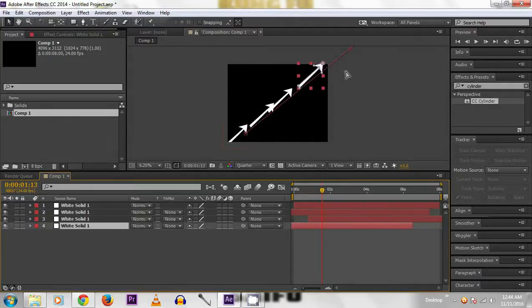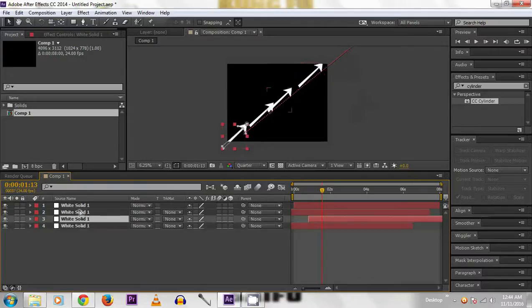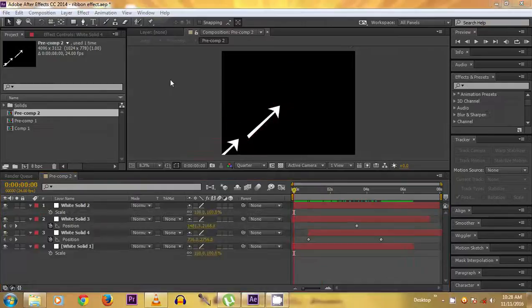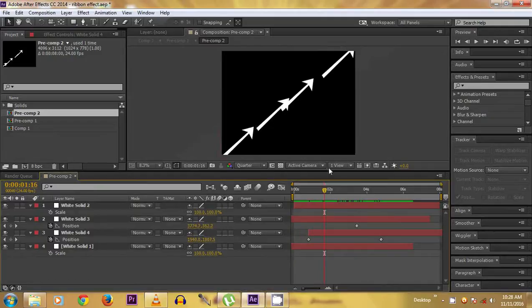Now when we play it, all the arrows are going in a straight line. Now we offset it to go in adjacent paths.